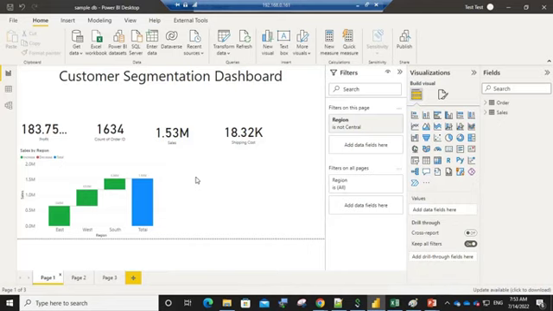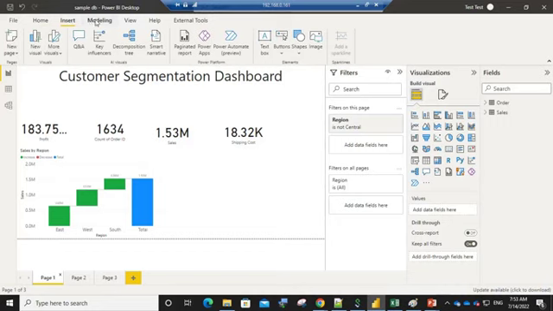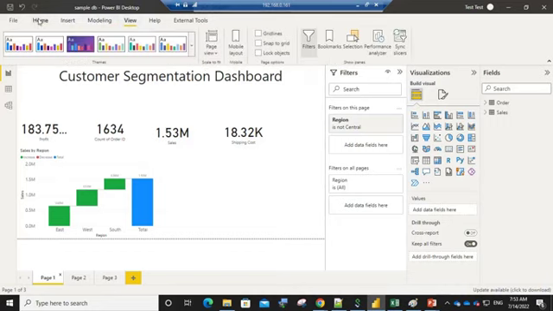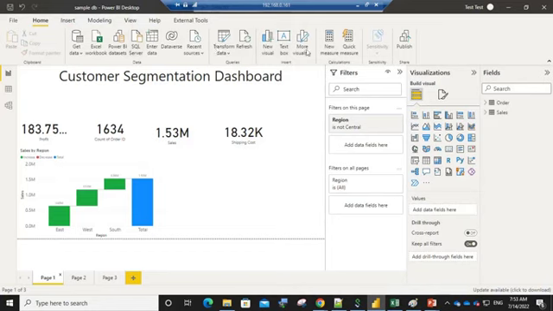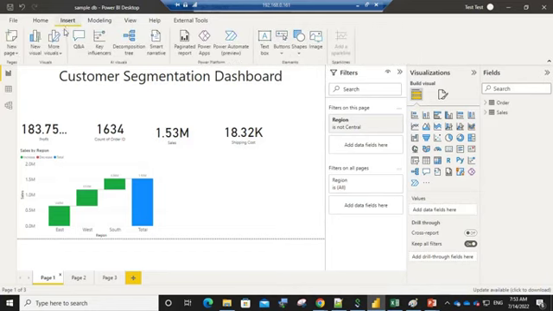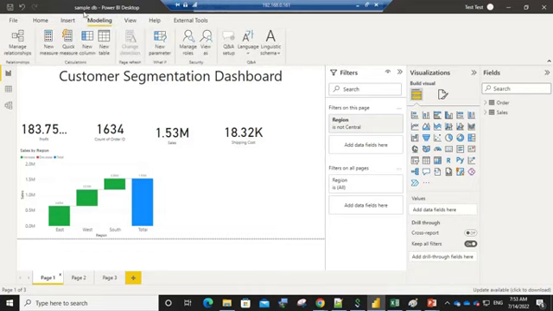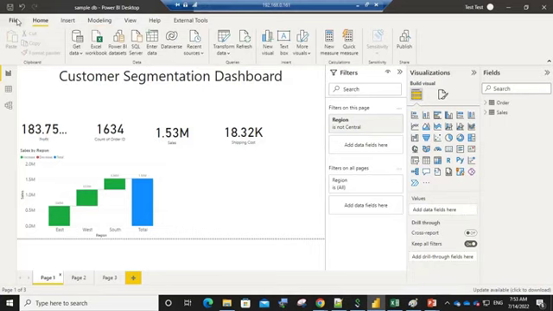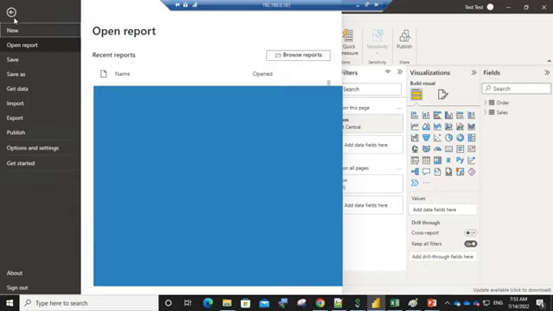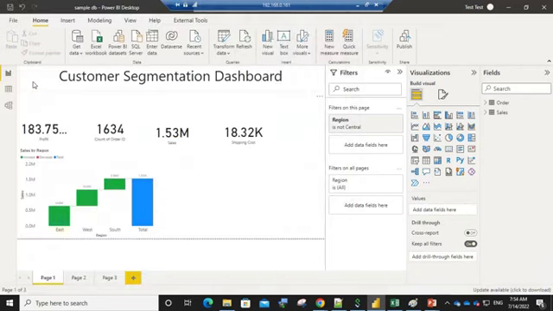And you can see the home tab, insert tab, modeling, view tab. Everything we can discuss in our ongoing classes: what these options are, why we use them, what insert is. We are going to discuss each and everything. You can see the file option, you can save and open your report. All these things you can learn. So this is the GUI of your Power BI desktop. What does GUI stand for? Graphical